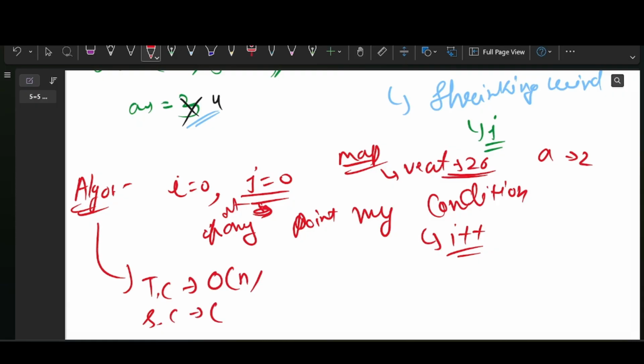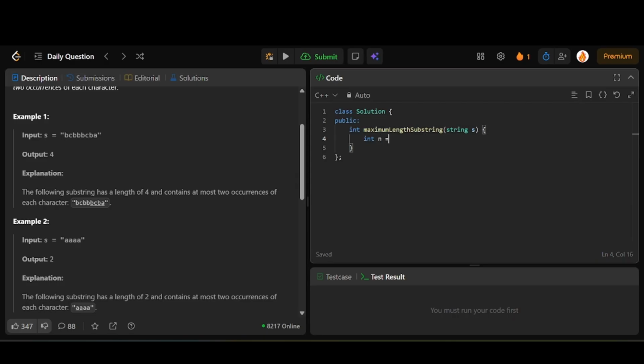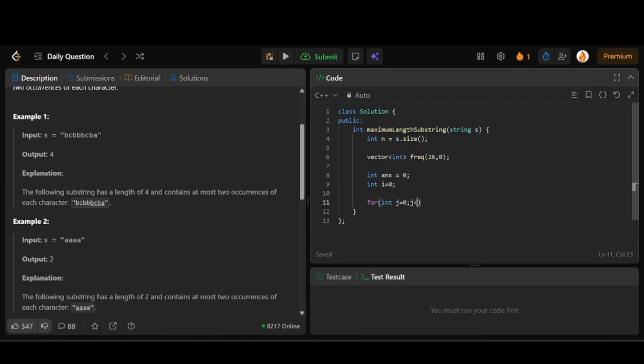and the space complexity, if we choose a vector of size 26, means O(1), where n is the size of the string. Now the answer is initially 0, int i is also initially 0, for int j initially 0, j less than n, and j plus plus. Every time, for the frequency of s of j at that index, we increment the frequency by 1,